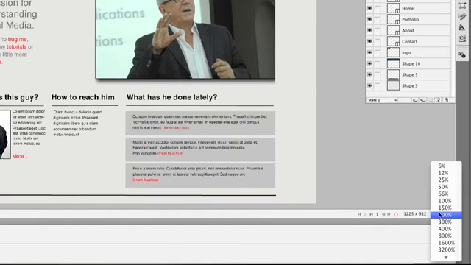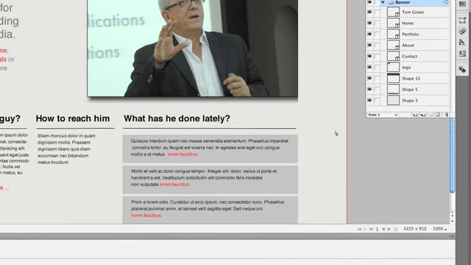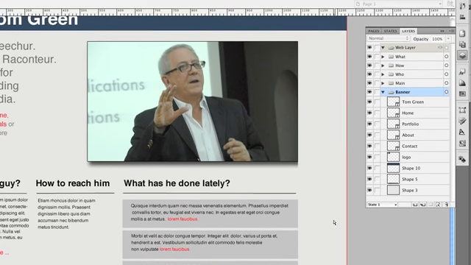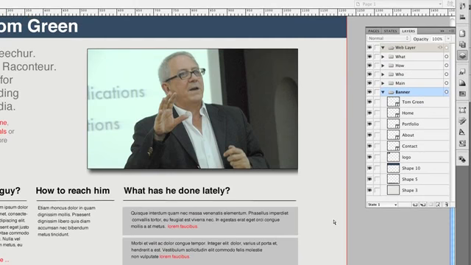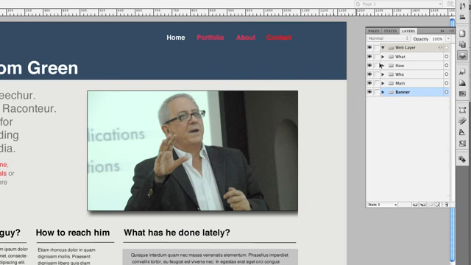Now I'm going to pop it up to 100% so I can see what I'm dealing with. As you can see, did anything change? No, not really. It's all there. A couple of things that I want you to pay attention to. Notice that the layers all came in intact, so the layer order did not change. This image here, me,